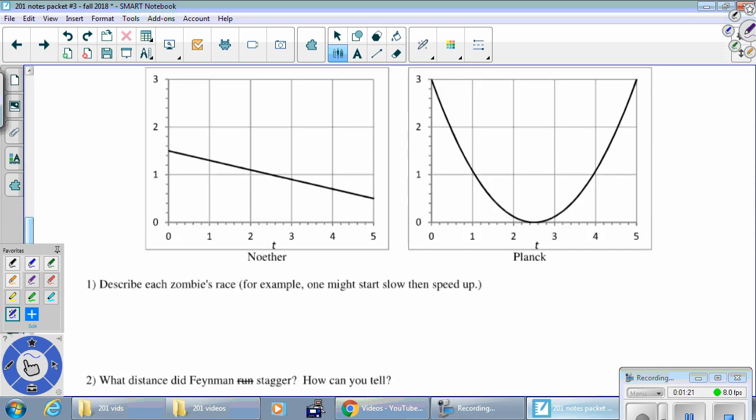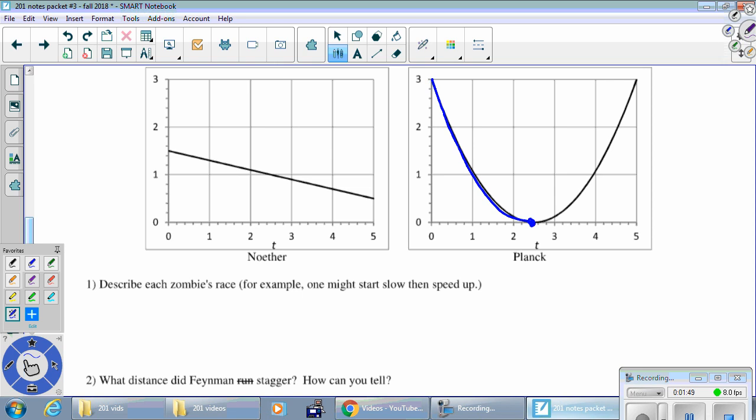Noether's strategy was exactly the opposite. She started off going 1.5 miles an hour and slowed down constantly until she was just barely hobbling along at the finish line at 1/2 mile per hour. So she started fast and then went slower. Planck had the most complicated strategy. He started at a dead sprint of 3 miles per hour, but that was way too much to keep up. So he slowed his pace down rapidly,